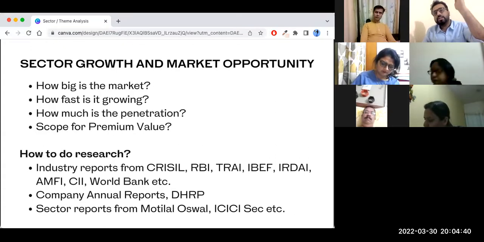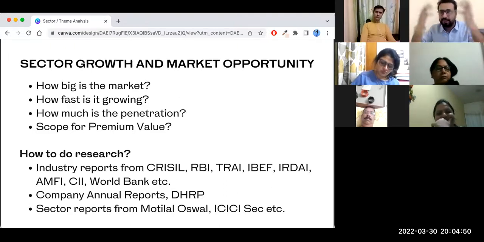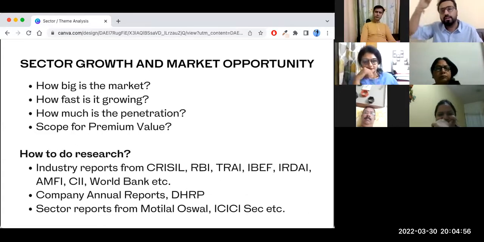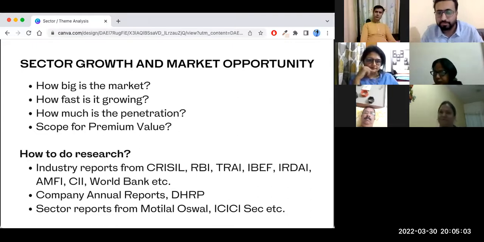For each of the sectors, I have given the links to specific research websites where you can go to understand that sector and get whatever data is required, right? So I'll be giving you a list of that. For chemical, what do you need to do? For banking, what do you need to do? For, let's say, manufacturing, what do you need to do? I'll also be giving examples.